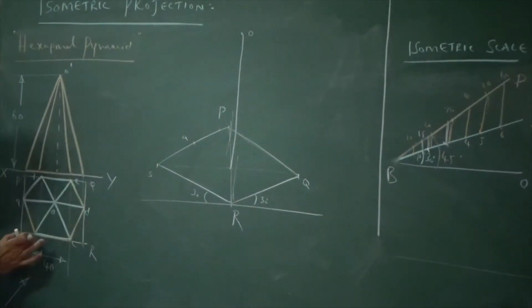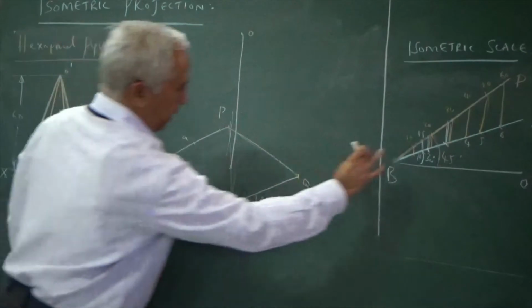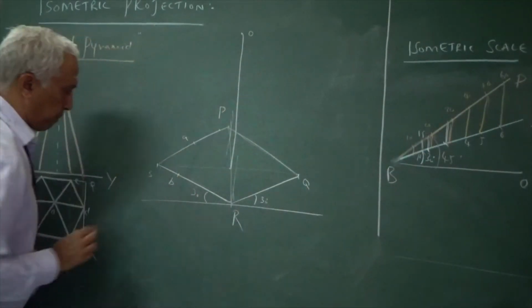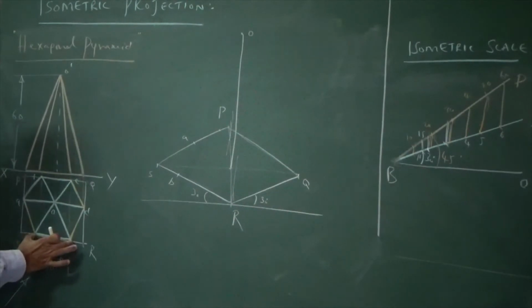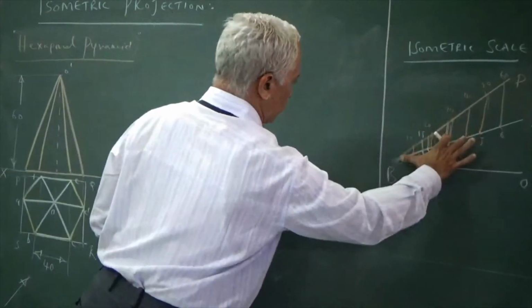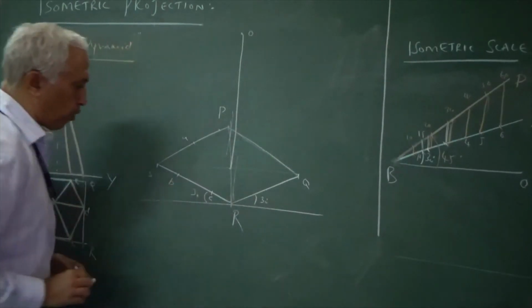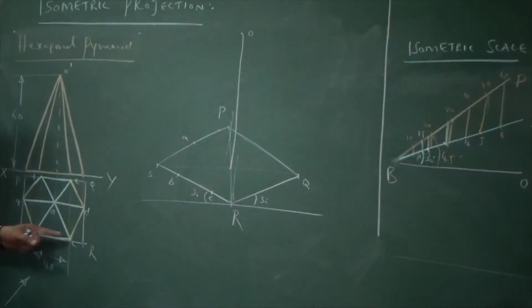SR is this side. S to B, obtain the isometric SB from S towards R, get the point P. P to C is 40 mm, get the ISO of 40 from B towards R, obtain the point C. So A, B, C, I have located 3 points. If you see the figure, the other 3 are very easy to locate.